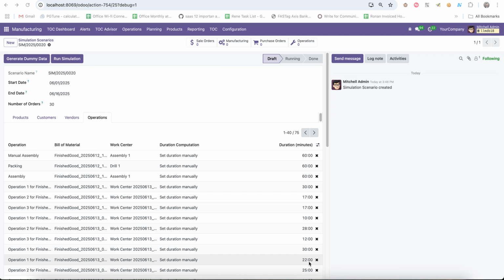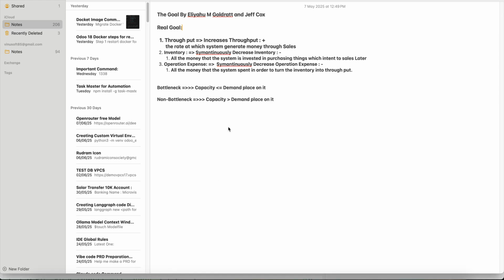I am going to cover one of the most important manufacturing concepts, which is the theory of constraints. Probably those who are on the management side have studied one book related to this, the theory of constraints, and it is the book The Goal. This is a very interesting book, and actually a very old book, and it is written by Eliyahu